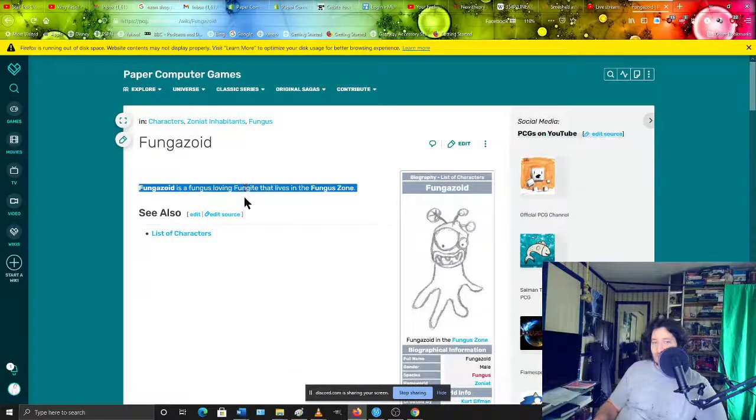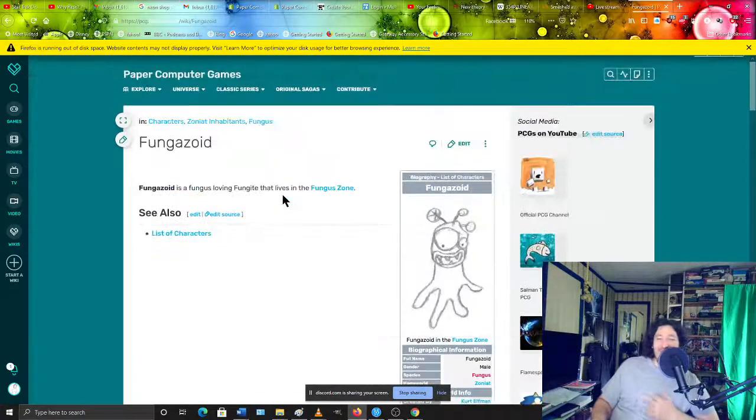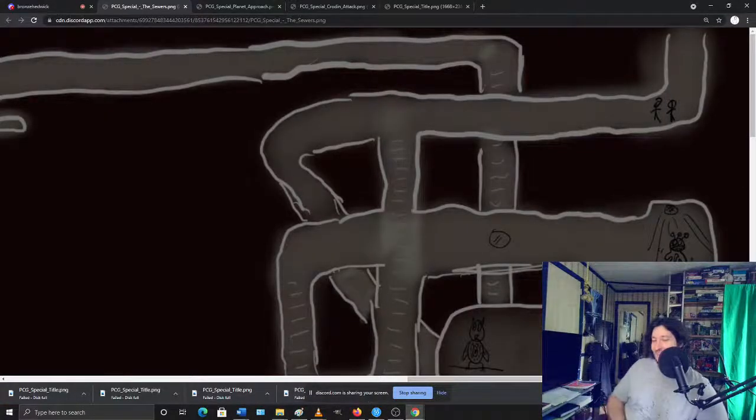Fungazoid is a fungus-loving fungite that lives in the fungus zone. Oh yeah. Oh my god. I can't believe Fungazoid is in this. That's so awesome. Oh man. All right. All right. So yeah,